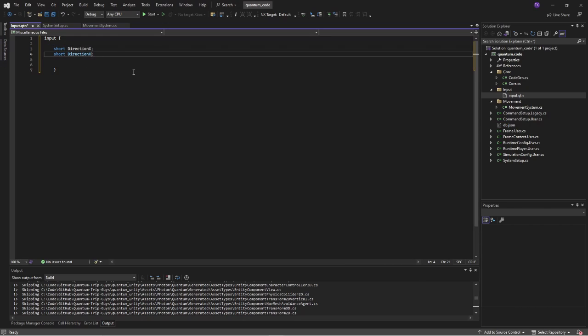All right, and then we have direction Y. And actually, then we want to be able to jump. So we'll add a button jump. Actually, we'll just do it like this. I think it's easier to read it this way. All right, so then we have this, and